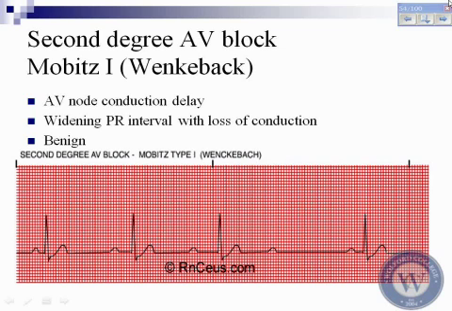Okay? Mobitz 1 is also called the Wenckebach, and what you see in this individual is that the PR interval begins to increase in its delay period and eventually loses the QRS. The danger of this disease process is that it's the upper chamber of the AV node that's diseased. So the actual putting in the bullets into the chamber that's diseased. So it's not a problem in the sense that the person is not going to go into complete third degree